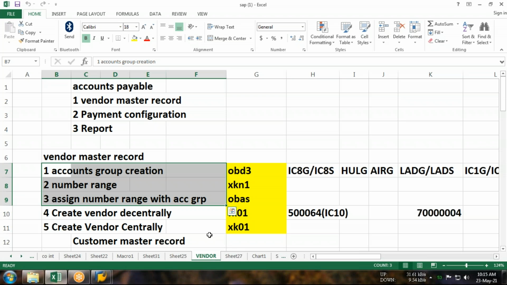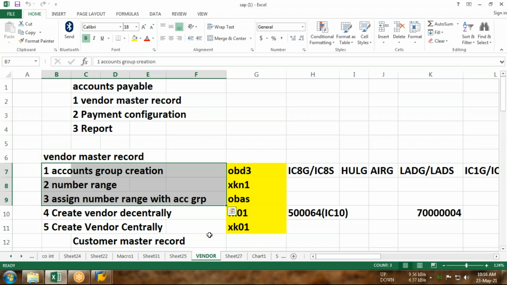It depends on how many types of vendor you are going to maintain. If I consider Tata Motors or this kind of company, you know that they must buy goods from outside India also. I mean, they are engaged in import. So you can create another classification, foreign vendor, because for a foreign vendor there must be a currency exchange. They are not going to accept our Indian rupee, they will accept their own currency.